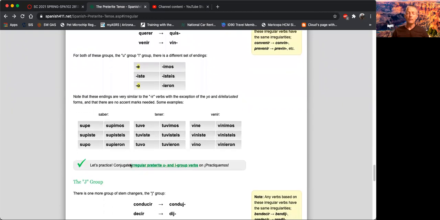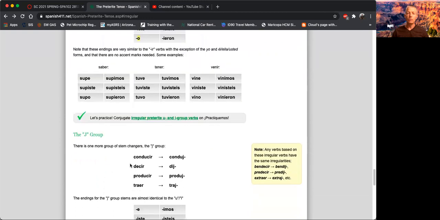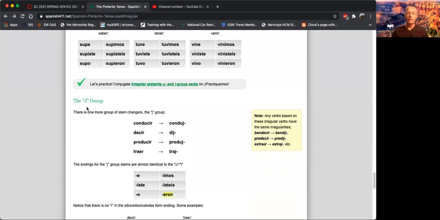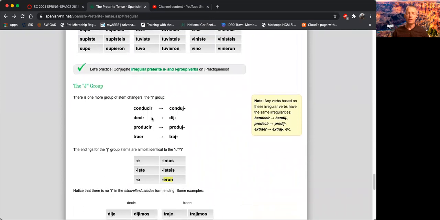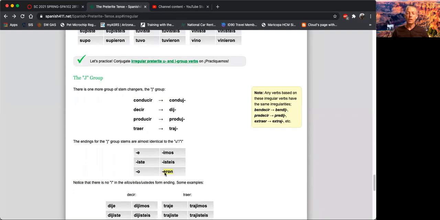Now we have the J group. They're very similar to the I and the U group, except for one little thing. They have a J in them, and that changes one thing. Note, these are the stems that go with these verbs. Conducir, conduj, decir, dij, producir, produj, traer, traj. These are the endings for the J group, and they're almost identical, except for instead of I-E-R-O-N, you have E-R-O-N. So essentially you drop the I out. So for example, conduje,